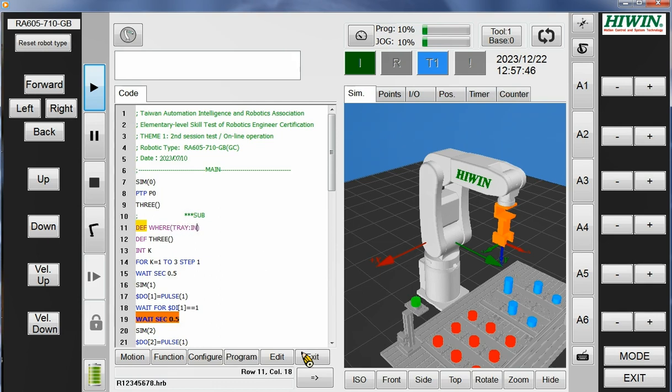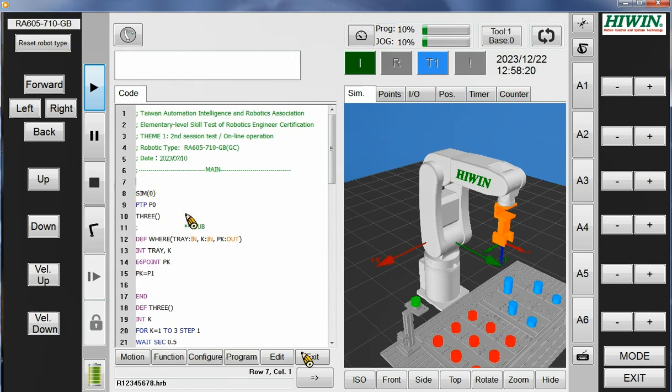First, I define a subroutine I call where, to find the points on tray A or tray C. For this subroutine, we have 3 parameters. Tray is used for A or C tray. So I declare tray as an integer, and K stands for where the point is on tray A or tray C, and PK is a pointer, so I declare PK as an E6 point. For this subroutine, I suppose PK is equal to P1